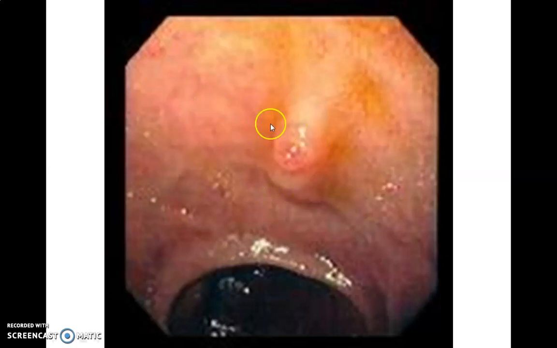In the applied aspect, this figure shows an endoscopy showing duodenal diverticulum. Duodenal diverticula are present mostly in the second part of the duodenum on the medial wall. As there are entry points of the vessels or the arteries into the wall, at that entry point there is weakness and a force projects the mucosa outside. These are called the duodenal diverticula.